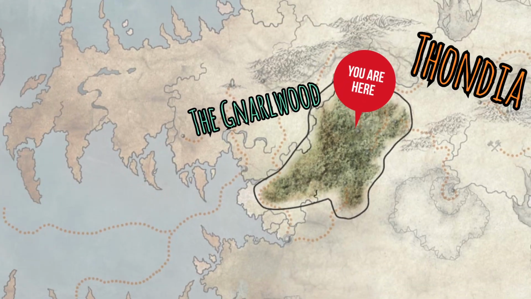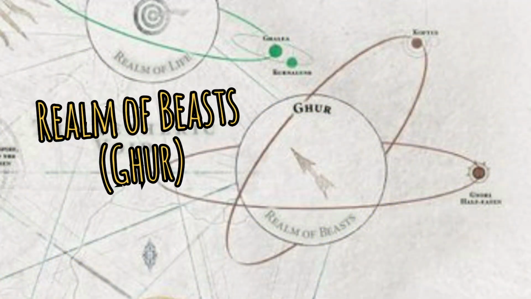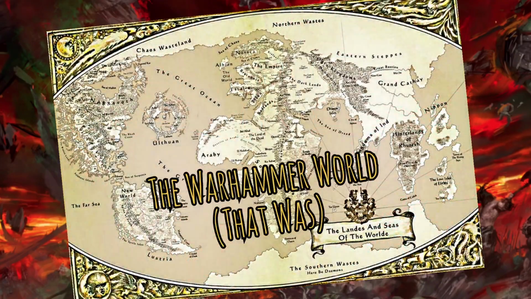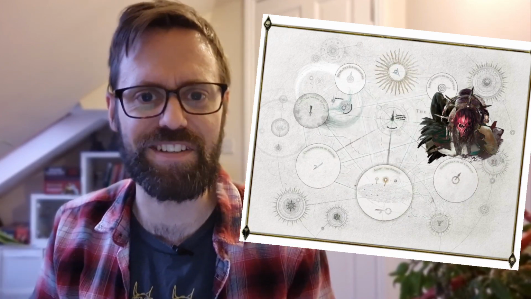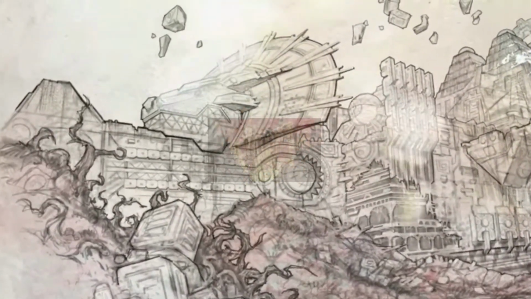Once again, we're entering the Gnarlwood, on the western coast of Fondia, in the Ghurish heartlands, in the beastie realm of beasts, in the midst of the world of the Age of Sigmar, pulled together from the fizzy remnants of the Warhammer world that was. Warbands from every realm are slowly being drawn towards this belligerent little forest, which holds the MacGuffin to end all MacGuffins, the crashed Seraphon void ship, crammed to the rafters with magical artifacts and treasures, which at the very least